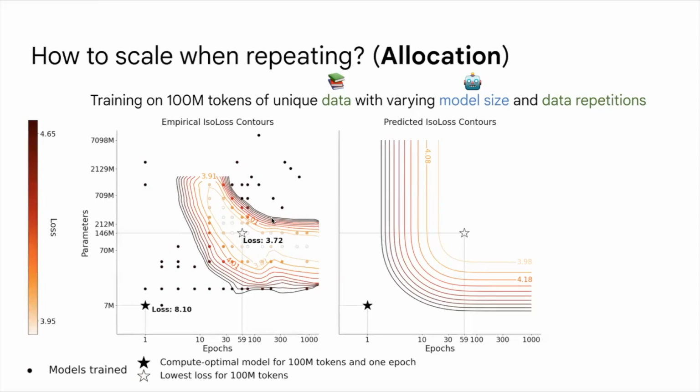You don't really want to train these kinds of super extreme models, because at that point, even at the white star, you already have very sharply diminishing returns, as seen by the increase in space between the contours. It gets harder and harder to go to the next curve to get a bit better loss. You have to spend more and more compute, because there's less and less value in each repetition. So it's not super useful to predict the exact behavior in that region, and you don't really want to go there in practice.